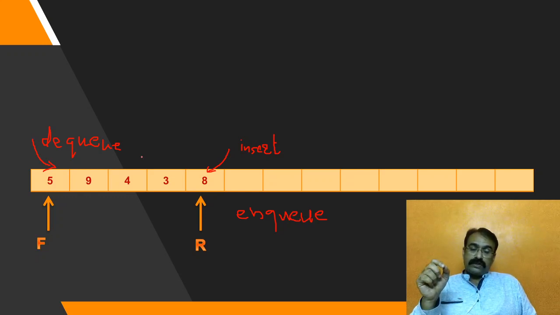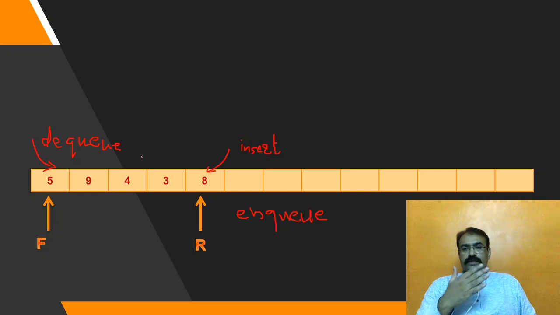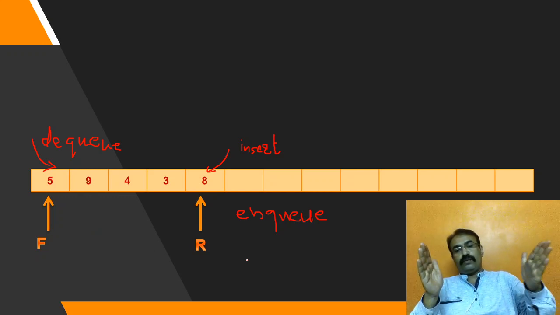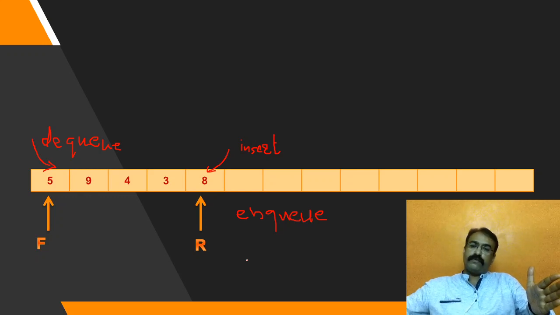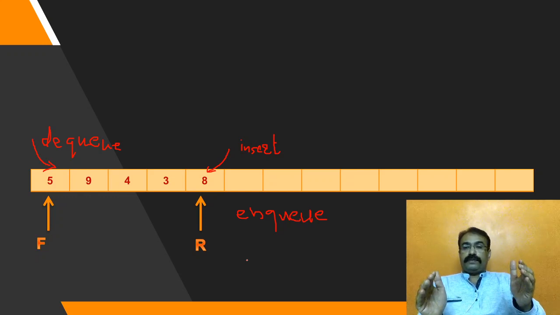Unlike a stack, this data structure has two ends, front and rear. In a normal queue, the first person in the queue is going to be served first and is going to exit the queue first. So it is a first in first out structure. A stack was a last in first out structure. That's why we need to maintain two pointers: the person who is added to the queue is added at one end, and the person who is removed is removed from the other end. Hence we need to maintain two pointers, two counters, front and rear.